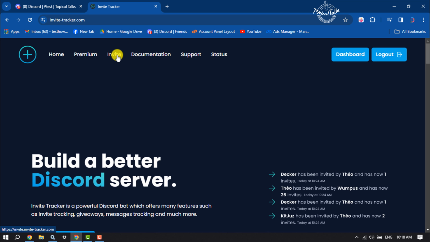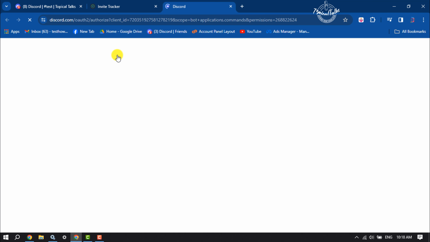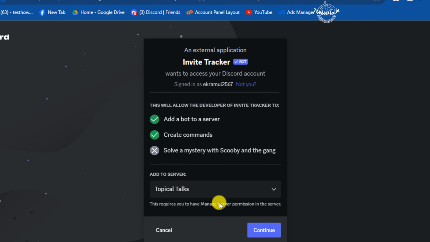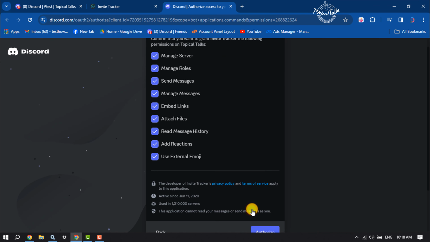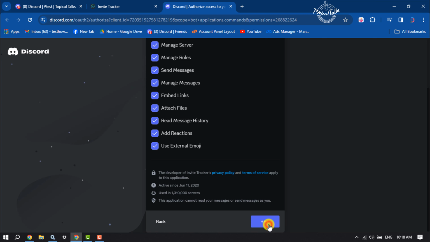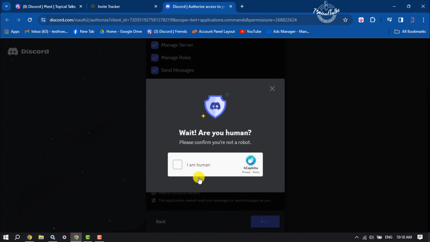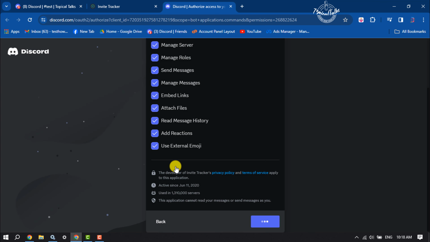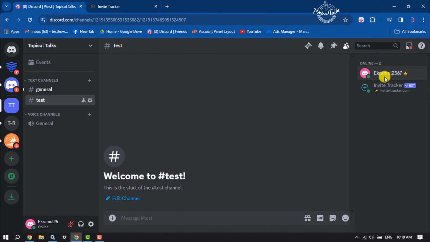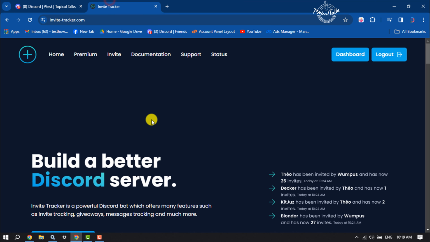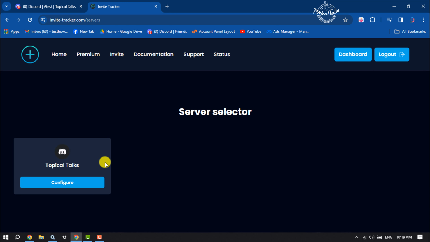Now click on invite and select the server where you want to add the Invite Tracker bot and click on continue, authorize, and ensure that you are a human. Once the bot is added, now go to the bot website again and click on dashboard, and here you will